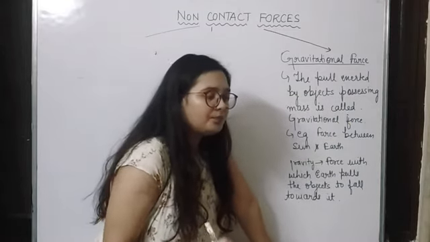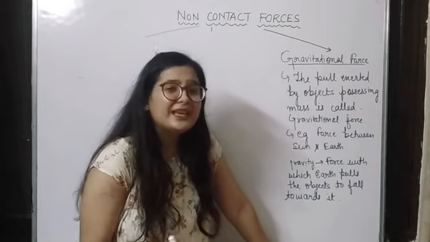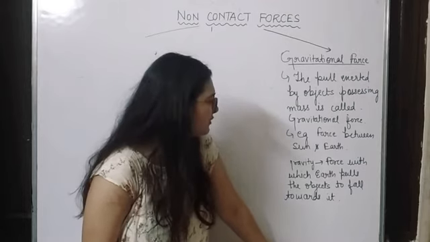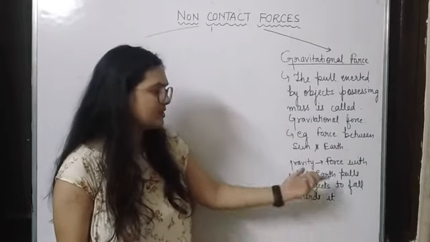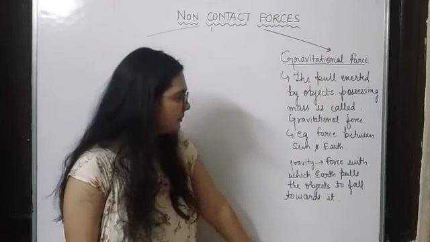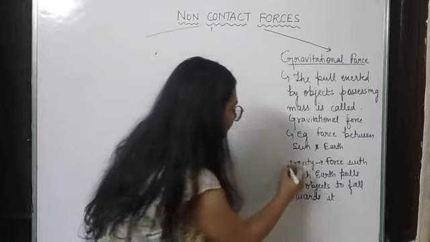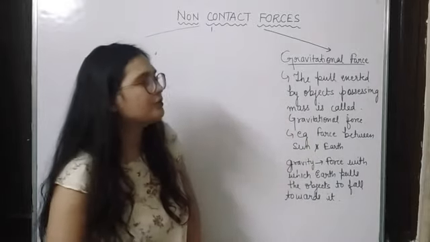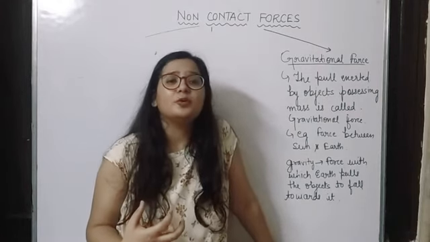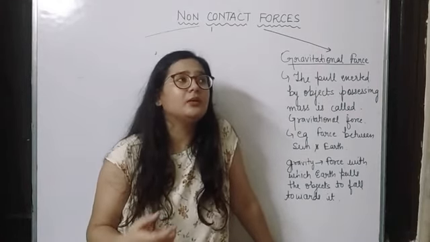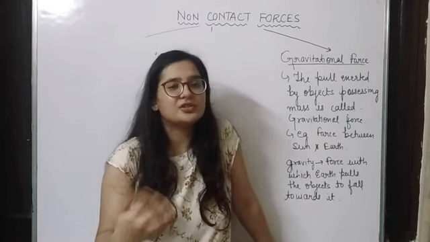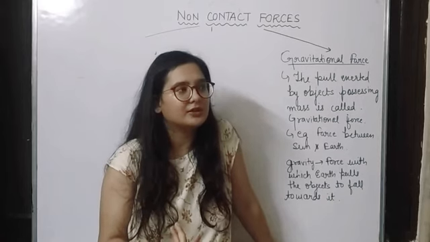Basically, the force between any two bodies that have some kind of mass is your gravitational force. For example, the force between the sun and the earth is a gravitational force, or between the sun and some other planet. Now, what is gravity? Just imagine, if I'm talking about the force between the Sun and Jupiter, you will call it gravitational force because it is a force of attraction between two heavenly bodies, right?